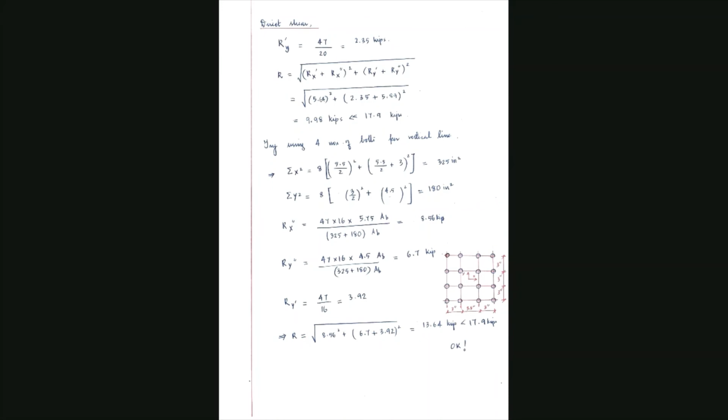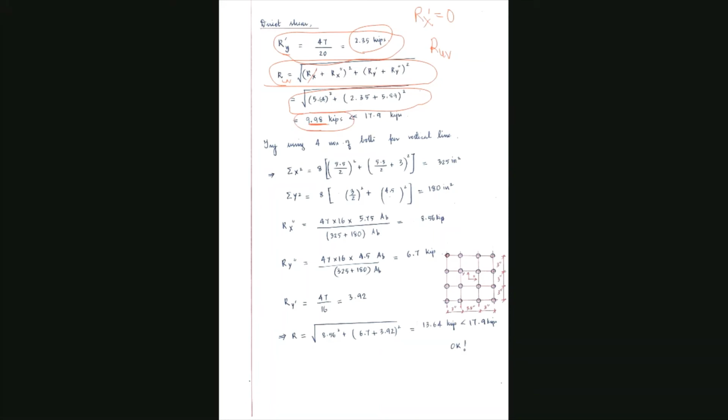Now you need to put in the direct shear calculation, as done earlier here. You see that the direct shear is only acting in the y direction. So now you calculate the ultimate shear because of all these. You can call it RUV, the ultimate shear. RUV is the square root of (Rx prime plus Rx double prime) the whole square plus (Ry prime plus Ry double prime) the whole square. Now you know that Rx prime is 0 because you don't have direct shear in the x-axis, which means this term is not there. And you have Rx double prime from the previous calculation, you have Ry from here, and then you have Ry prime from the previous calculation. When you sum it up, you get the value, the ultimate shear acting is just 9.98,